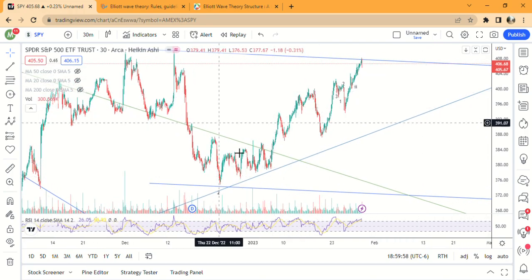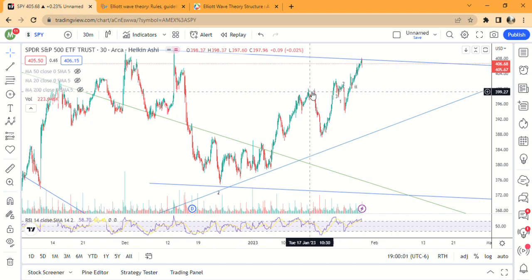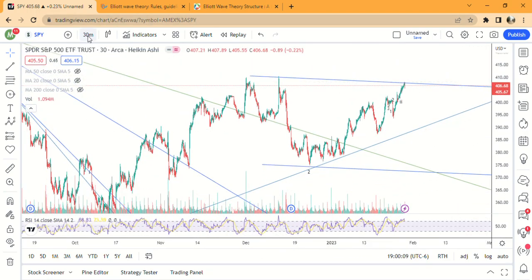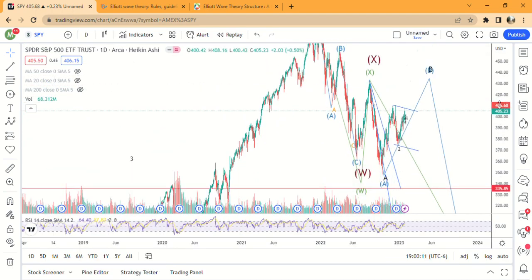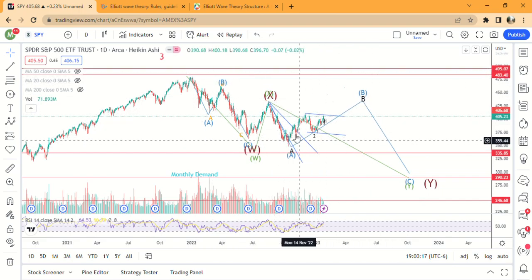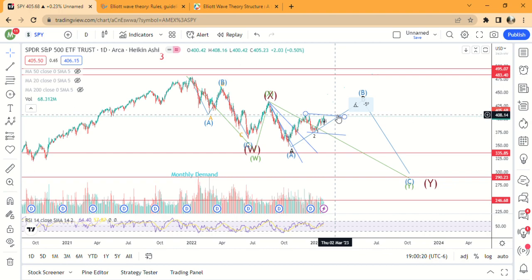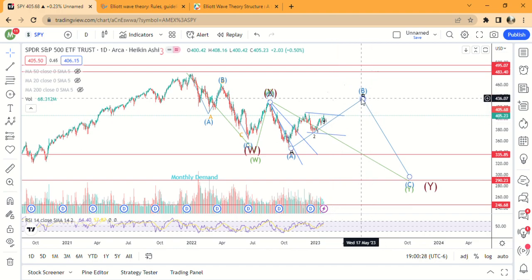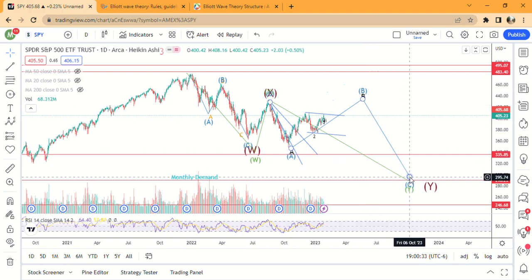This move right here, corrective, pretty corrective here, and then more correction right here. So this video is just about the slope of the move and the overall move, and I see that as pretty much the only possibility is a WXY move, ABC move. So currently we are in wave B, and we will see, are we going to get down here to 370, or are we going to keep on melting up, with a pullback to like 390, 395, and then melt up to 435. Either way, I see us going up to 435, and then coming down to maximum 290,